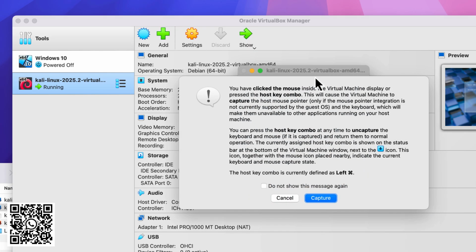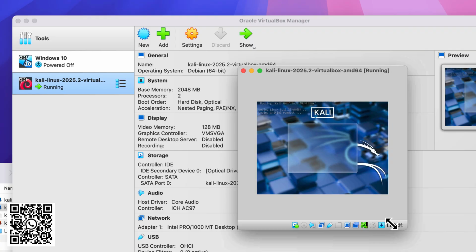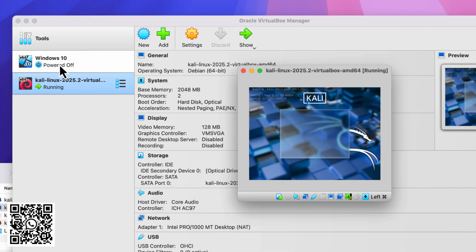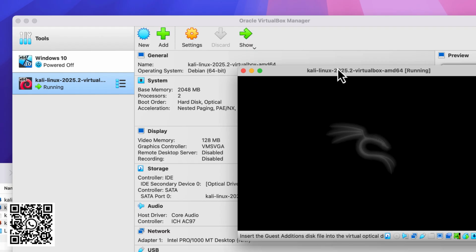You just have to hit enter to get into the machine, and the default username and password for the Kali Linux machine would be Kali and Kali for username and password respectively. You will also notice one more thing. The Guest Additions CD is already installed on the VirtualBox, and this will basically allow you to install all the drivers that are required. And that's the major reason why we had selected a virtual machine for our Kali Linux, because it has all the drivers pre-installed.